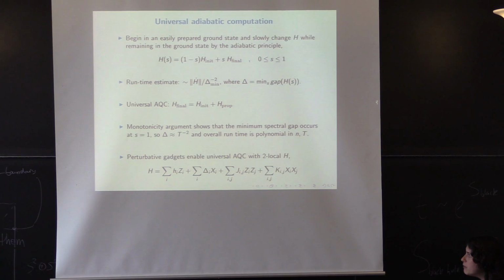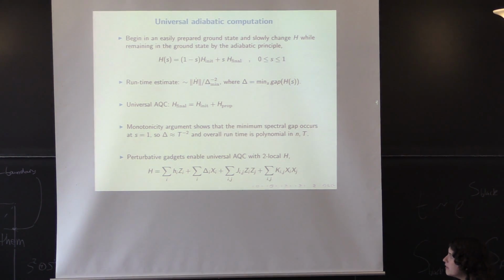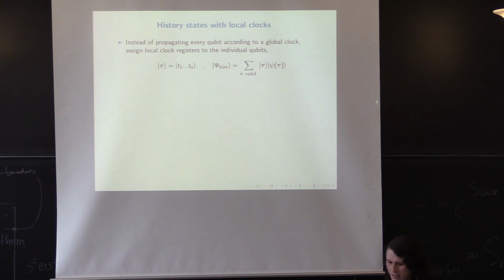I won't actually make use of this, but in case this Hamiltonian looks really abstract, you can put it into a more familiar form by using perturbative gadgets that have been worked out, so that you can implement all these terms using a two-local Hamiltonian, maybe with a complicated geometry of connectivity. You can essentially express this Hamiltonian in terms of two-body Pauli operators. I haven't even begun to think about how one would apply perturbative gadgets to the thermally stable construction I'm going to describe, because then you would probably throw out the thermal stability. These perturbative gadgets are relatively fragile. Okay, so now I'll talk about an